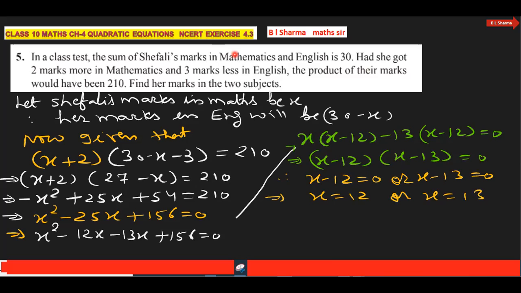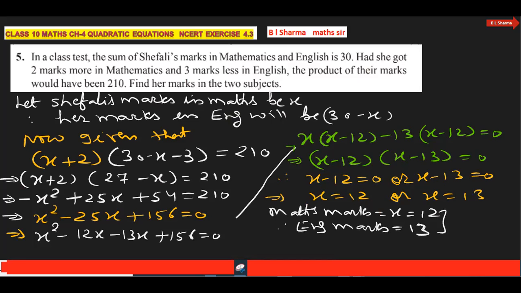Yes, 12 x किसके मार्क्स माने हमने सपोज किया है मैथमेटिक्स में मार्क्स x है तो मैथ्स में 13 भी आ सकते हैं और सॉरी 12 भी मार्क्स हो सकते हैं और 13 भी हो सकते हैं। Therefore, there are 2 conditions now. Therefore, maths mark, that is x is equal to 12. Therefore, English marks will be 30. एक तो ये पॉसिबिलिटी बनती है, और